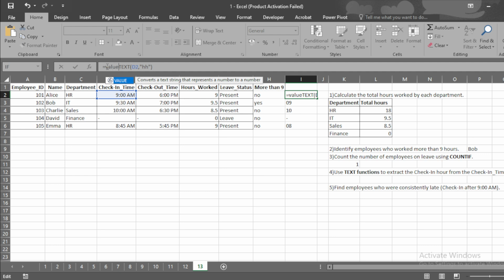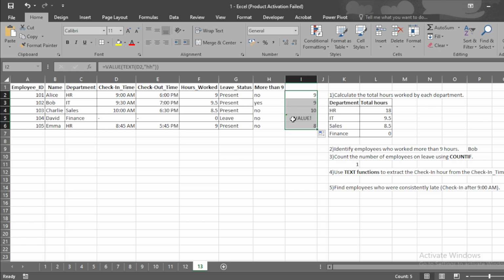We can use the VALUE function. What does the VALUE function do? It converts a text string to a number. Right now we have a text string, and it converts it to a number, so it will automatically align our data to the right side. And for the finance department it will show an error because we don't have a value in that particular cell.